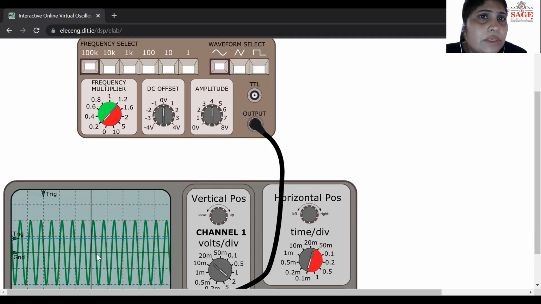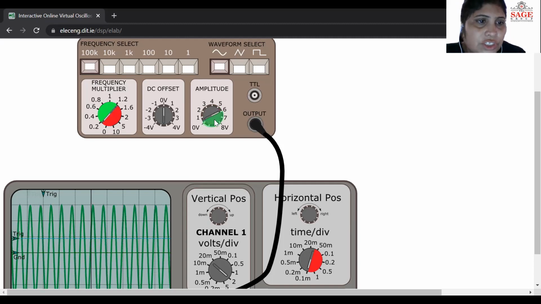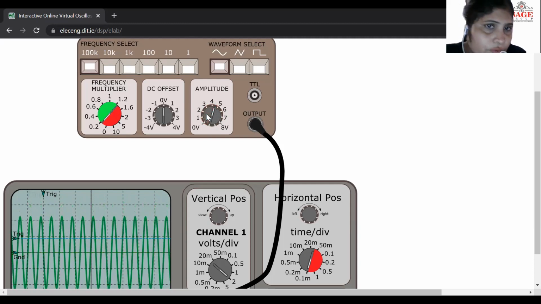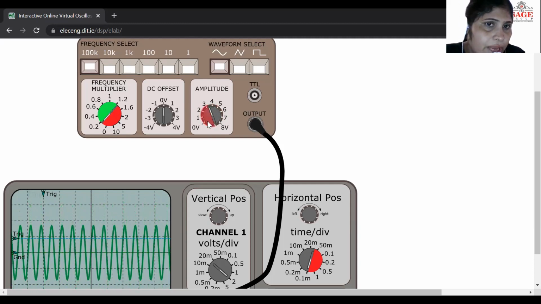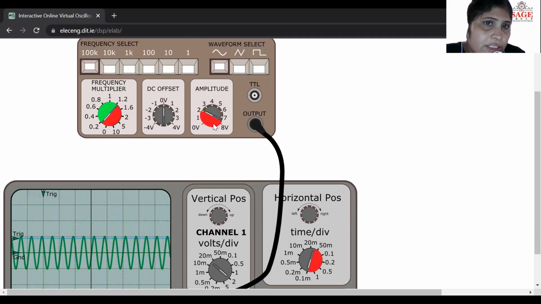So you can see this function generator can generate a frequency from 0 to 1000 kilohertz. The frequency can be changed with the help of these knobs. Similarly, the amplitude can also be changed. If I change the amplitude here, you can see the amplitude is changing. So the amplitude can be increased and also reduced. With the help of the function generator, the amplitude can be increased and decreased over a wide range.